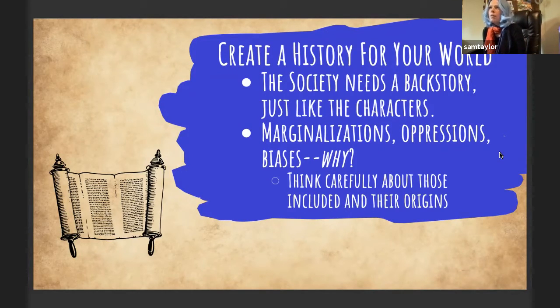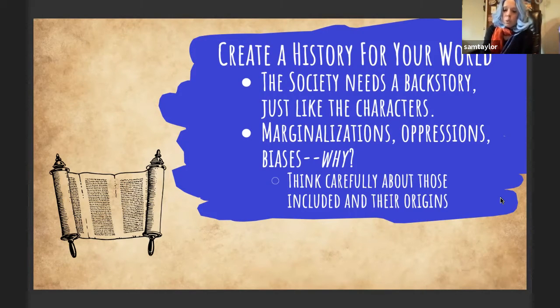And think above all else, are you the right person to be writing a story addressing these particular marginalizations or oppressions or biases, because sometimes they can be put in a story out of good intentions. You think, I'm going to try to send a message, but it can be very easy, especially if you're not coming from that marginalization, if you're coming from a more privileged aspect of society, it can be easy to get it wrong, and it can be easy to cause harm.